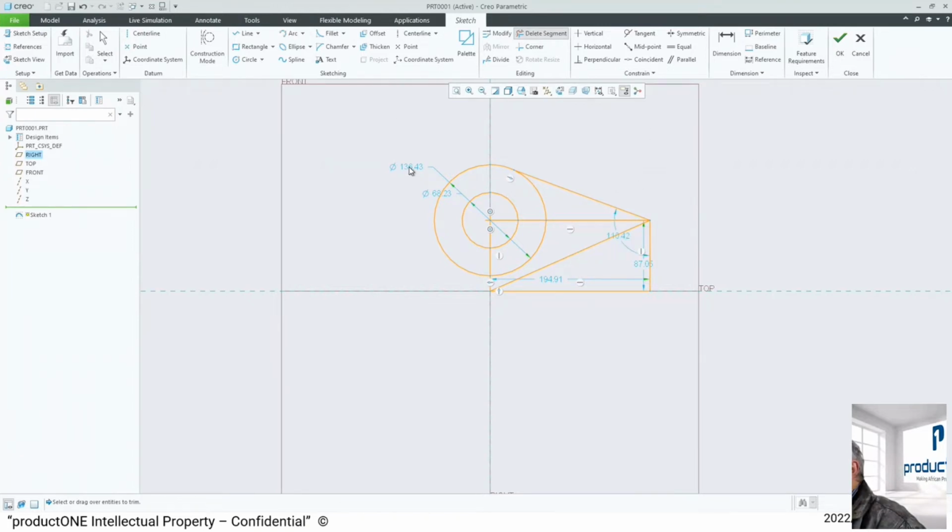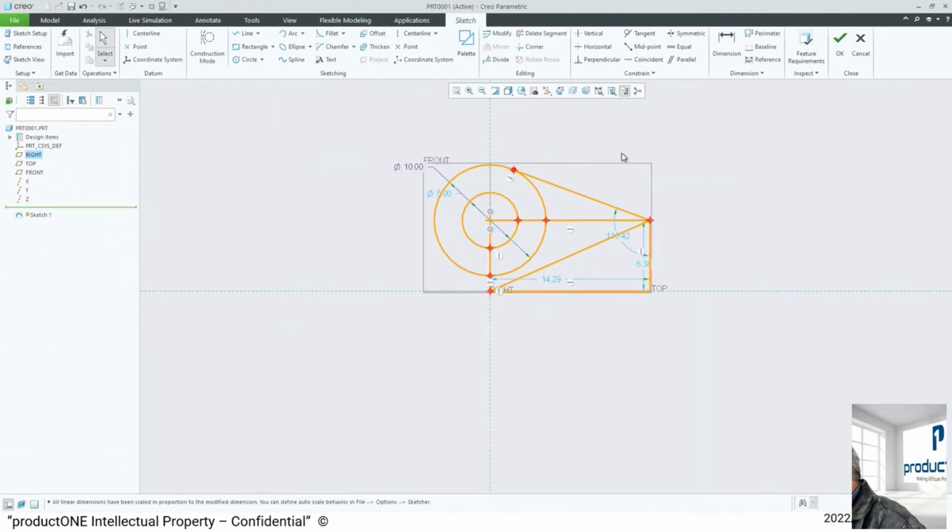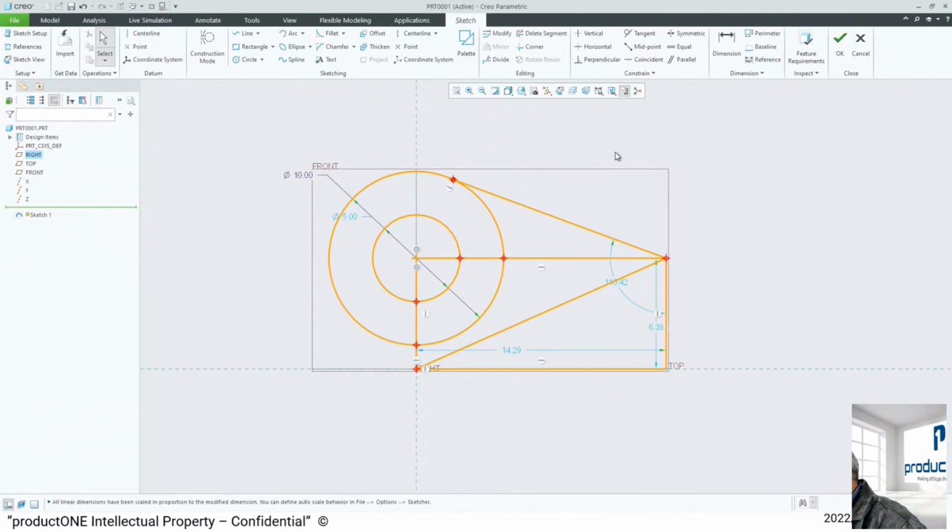The other thing is, if I now go and change this to 10 millimeters, say, and if you look closely, you'll see that this circle is 68 millimeters, and this is 194. So normally, if you did this in Creo 8 or 7 or the versions before, this would fail. But look what it did. It rescaled the whole model, which is a really nice thing. So this used to fail before, and it doesn't fail now. So that's a very nice